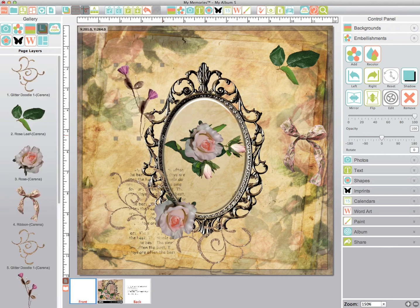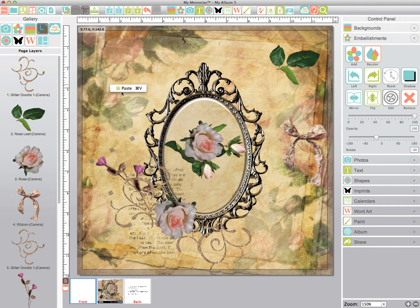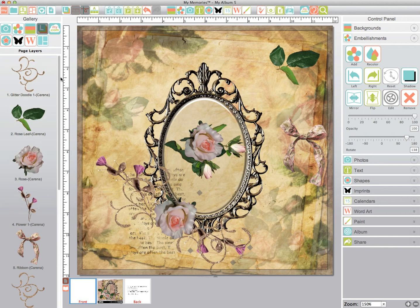The next layer is this little floral embellishment. I'm going to give that a twist and pop it in about there. Copy and paste, twist it the opposite way, and I'm going to pop that about there. Drag that down below the flower because I'm pretty happy with that where that is. Next